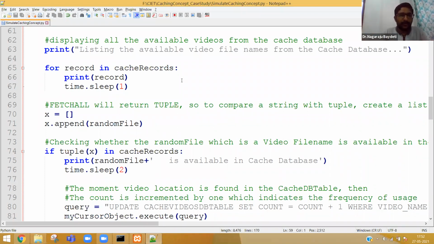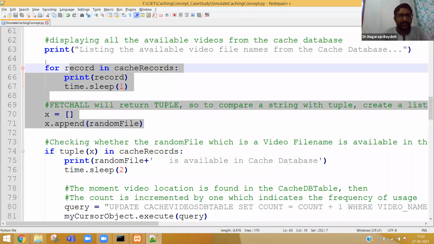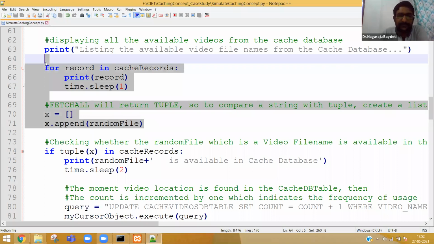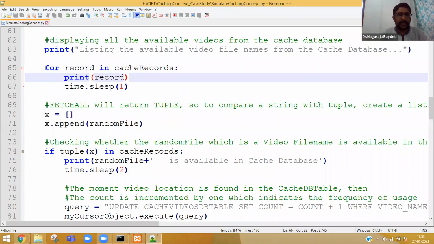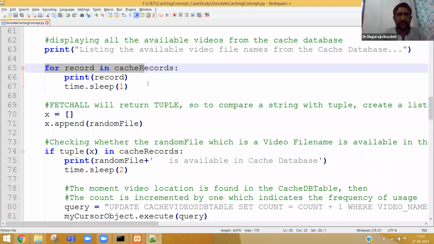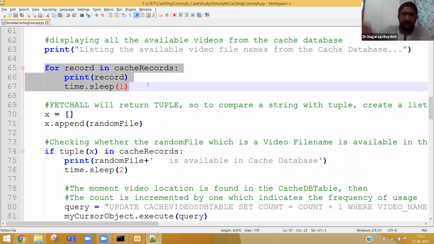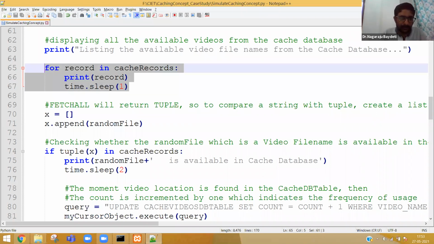Now, what I am doing simply here is creating a list of the files which are available in the cache. I am getting record by record and printing here: record for record in cache records. And what is time.sleep? When I am executing, I want a time delay so that you can view the output slowly. Actually, there is no need of time.sleep here. So I am printing the records one by one.